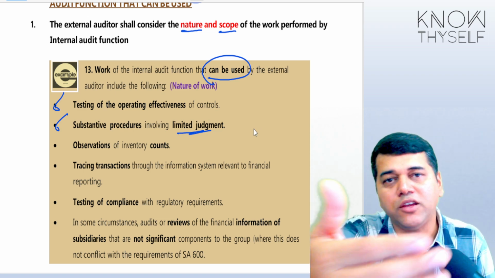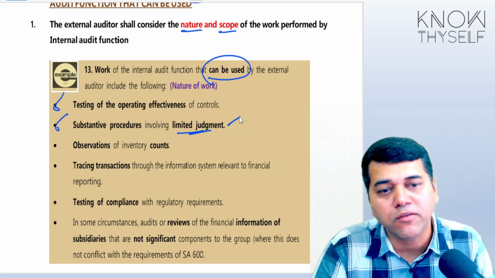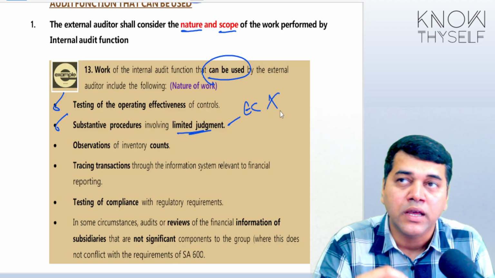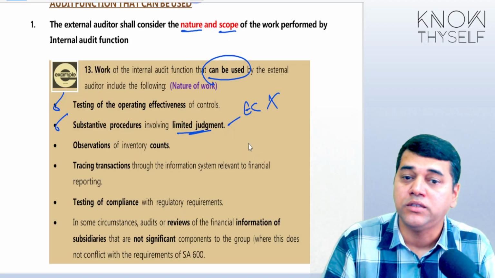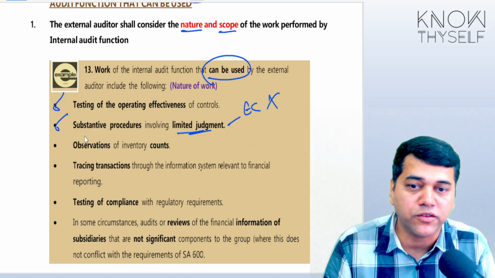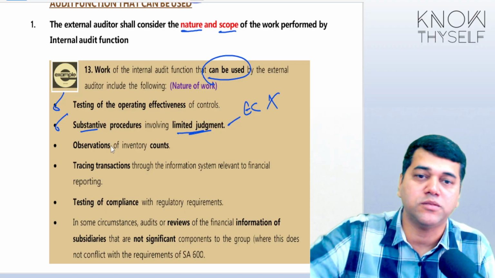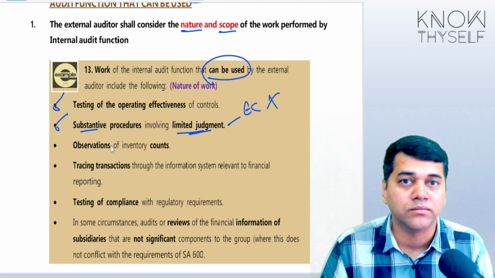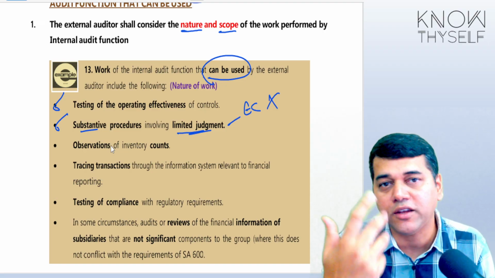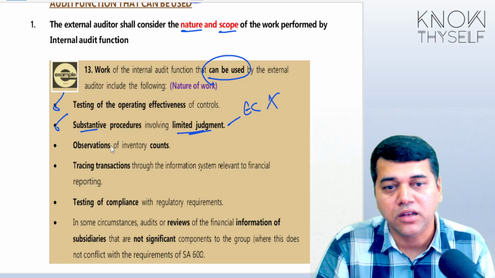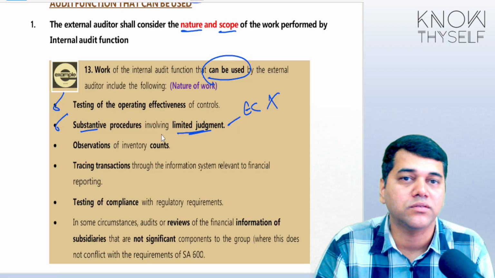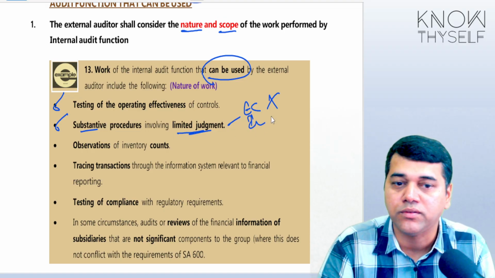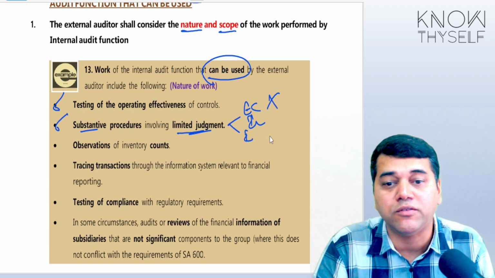I can give one small example. They have done external confirmation. Can you use their work? No, because external confirmation includes judgment, as it is one of the substantive procedures. Which type of customers are to be selected for external confirmation? It's a judgment. High judgment is required. Risk is there. You cannot randomly select any customer. That work you may not use. Or if they have done impairment testing, no, you cannot use it. But inventory verification they have done.